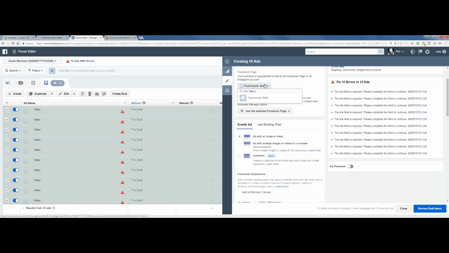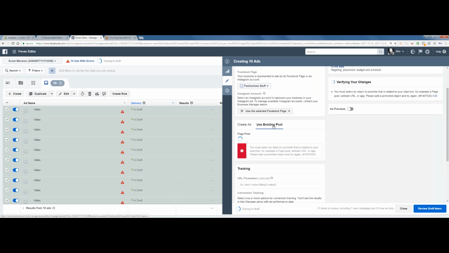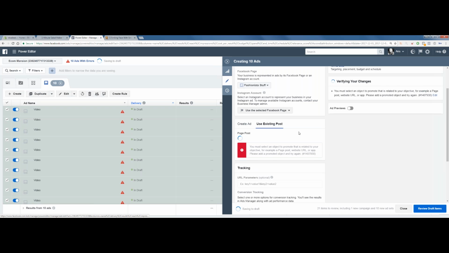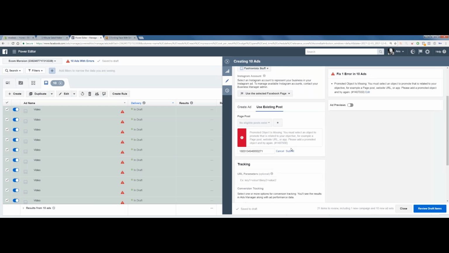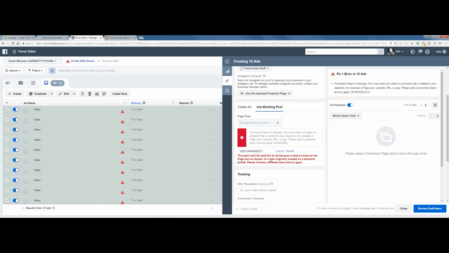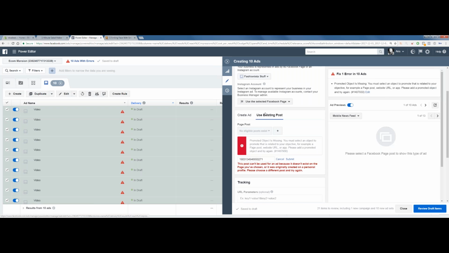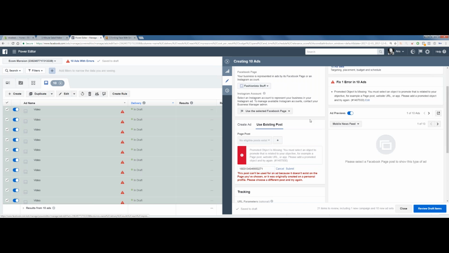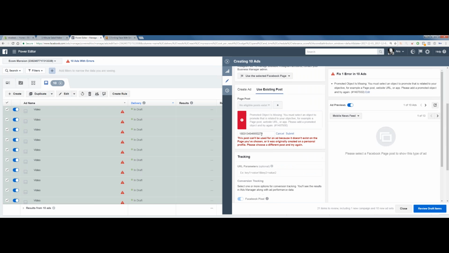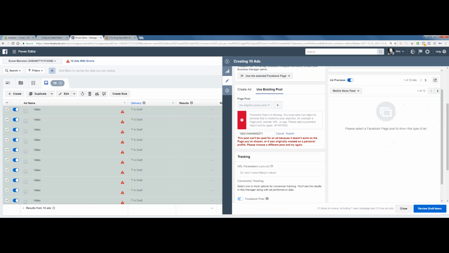It's not gonna let me do it here because I do not have the fan page, but you would go to use existing post, enter post ID, you would put the post ID and submit it, and done. It's not going to let me because I have chosen the wrong page. I have to get access to the fan page. So when you use the post ID, it's going to use the ad that we just opened up. So it's going to use the initial original ad that's been being used in the website conversion campaign, and done.